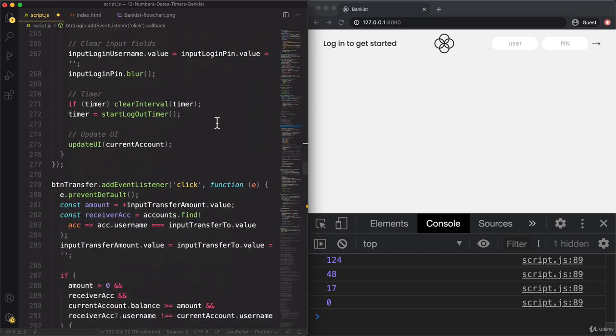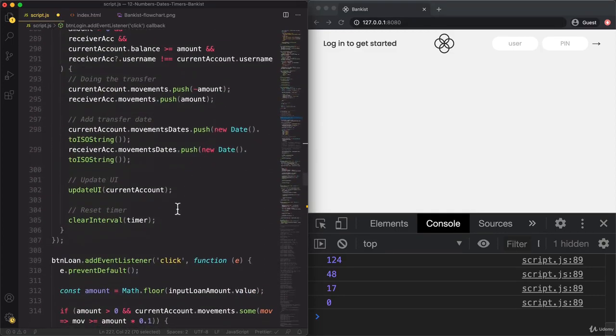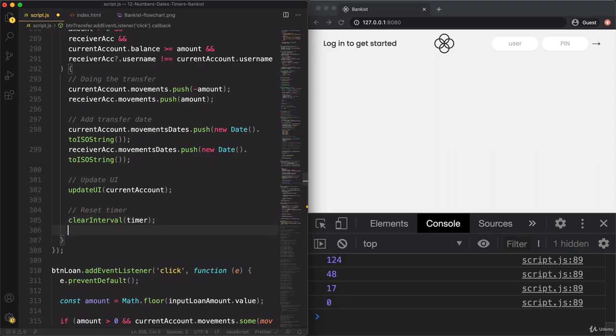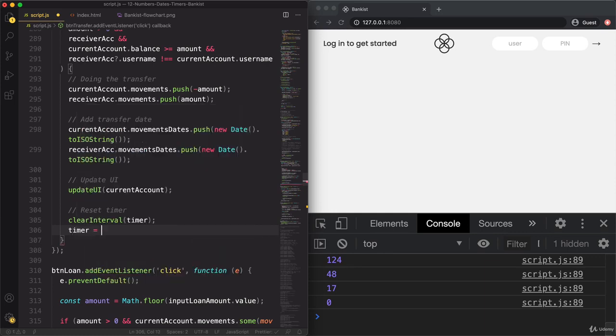But now it's also important because we need it later for other operations. So inside other callback functions. And in particular in this one now. So clear interval of that timer that was defined previously, and then we simply start a new one. So basically we then overwrite that initial timer that we had before. So start logout timer,